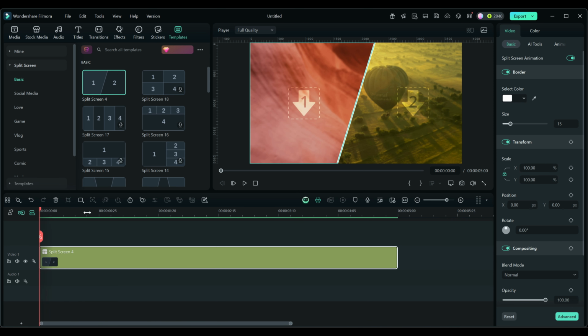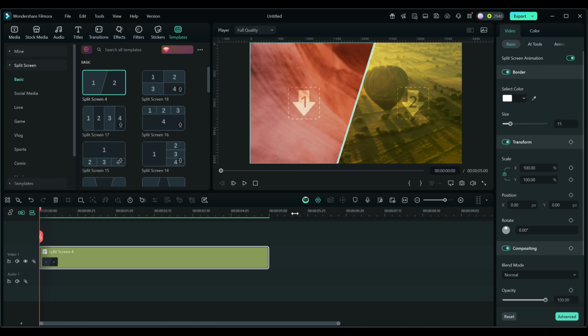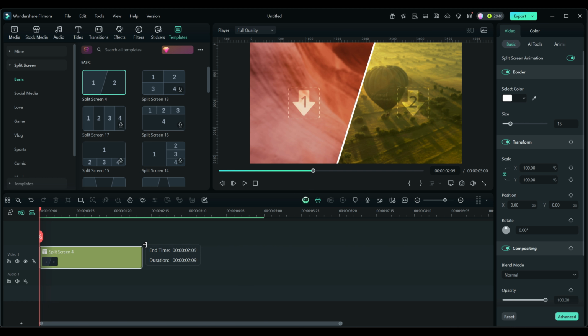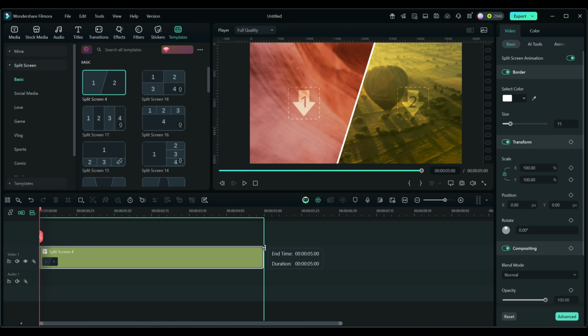timeline. The default length for a split screen is 5 seconds. Now you can, and you notice that I'm using the left mouse button just to move back and forth here to zoom in and zoom out on the timeline to make more space. But you can lengthen and shorten it depending on what you want or how much video material you want to show on the split screen. I'm just going to operate on the default length here, but just know that you can lengthen and shorten it